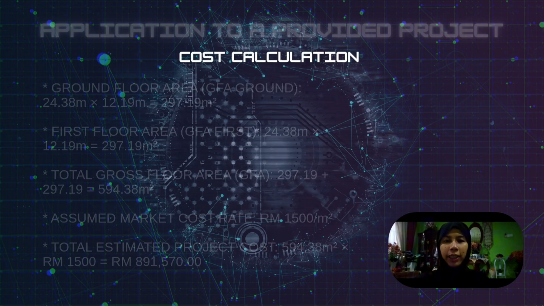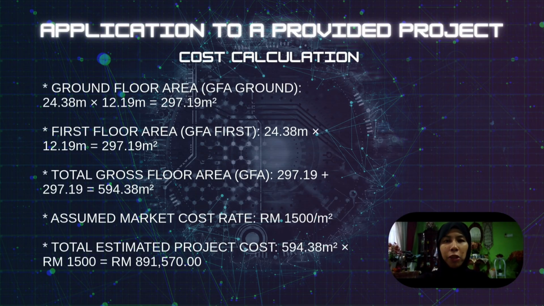For Task 4, we apply the floor area method to estimate the total cost for the proposed 4-unit 2-story shop office project in Besut, Terengganu. Based on the floor plan dimensions in Appendix 2, each floor measures approximately 24.38 meters by 12.19 meters, resulting in 297.19 square meters per level. Combining both the ground and first floor gives us a total gross floor area of